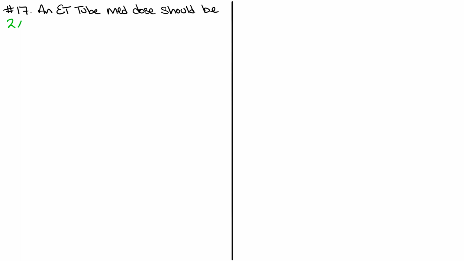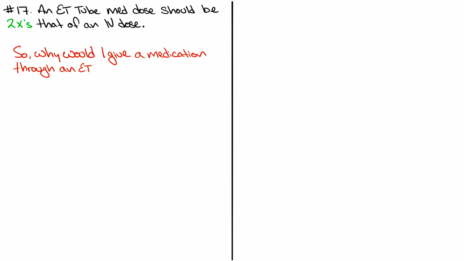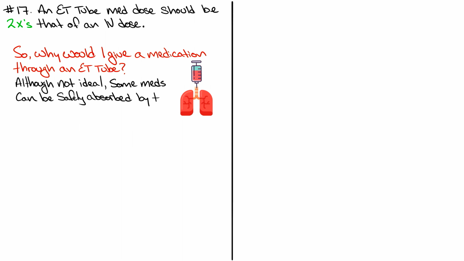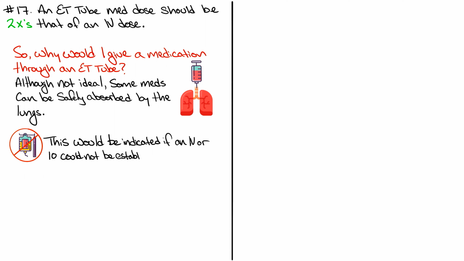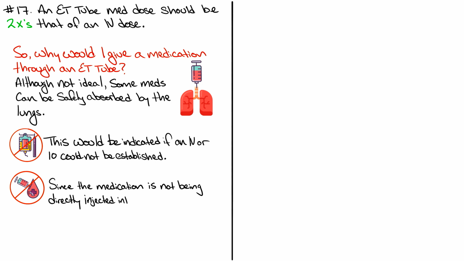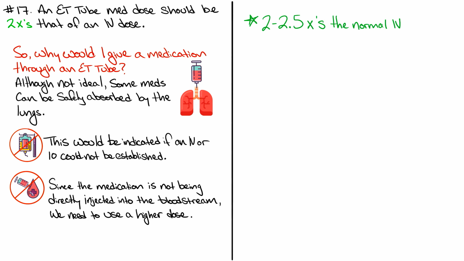Question 17. An endotracheal tube medication dose should be 2 times more than that of an IV dose. So why would I give a medication through an endotracheal tube? Although it's not ideal, some medications can be safely absorbed by the lungs. This would be indicated if an IV or an IO could not be established. Since the medication is not being directly injected into the bloodstream, we're going to need a higher dose. So the AHA, or the American Heart Association, recommends a dose that is 2 to 2.5 times higher than the